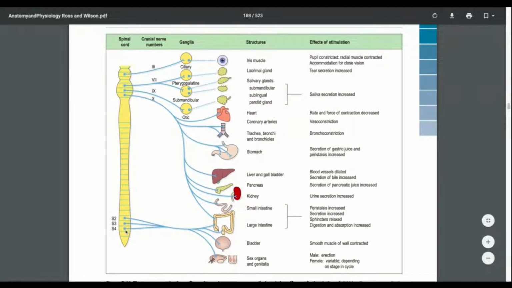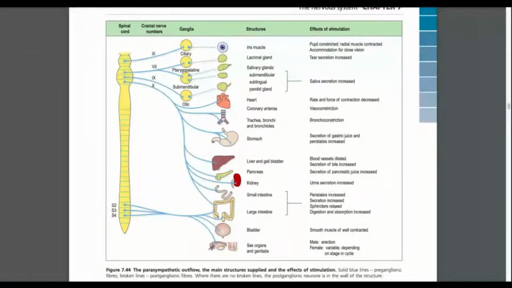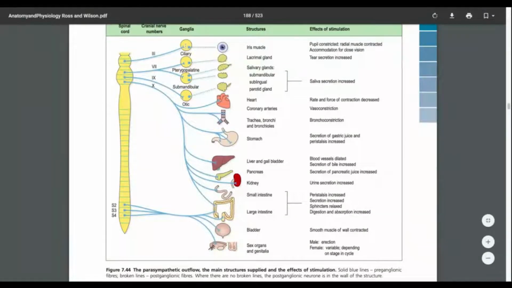Then sacral 2, 3, 4 nerves are innervating the bladder and the ovary and the testis regions. Okay, so now what you have to understand here is this is the nerves. What you see here, the parasympathetic nerves. So the parasympathetic nerve is innervating the pupil of the eye,